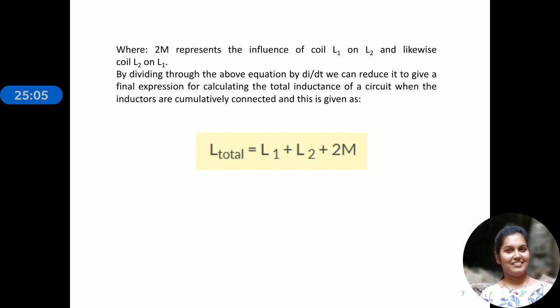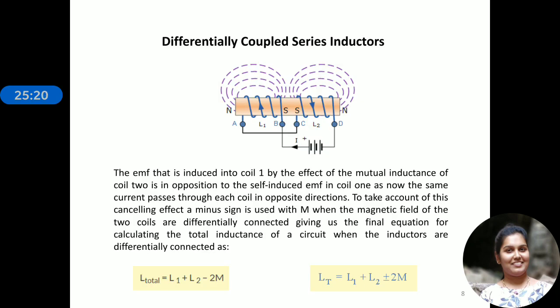Now we'll discuss the opposite one, that is, when the current flowing in the inductors is opposite to each other. If one of the coils is reversed so that the same current flows through each coil but in the opposite direction, the mutual inductance M that exists between the coils will have a cancelling effect on each coil, and you can see that on the screen. Previously we connected L1 between the terminals A and B. You can see that now it is connected between terminals A and C.